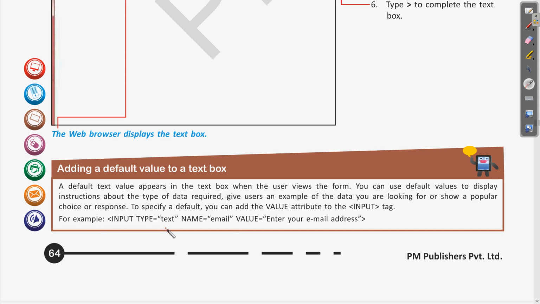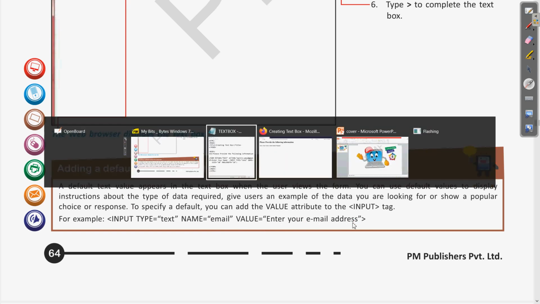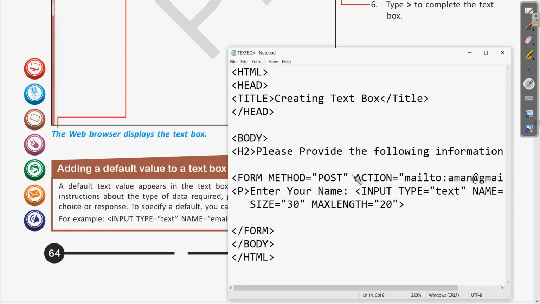To specify a default, you can add the value attribute to the input tag. We have used the input tag in our example also. With the input tag, you can see the input type is text and the name is email. Clear? Suppose you want the email, so we can use a value attribute with it, enter your email address. Suppose we want to use this in our case. Here is the program which we have written.